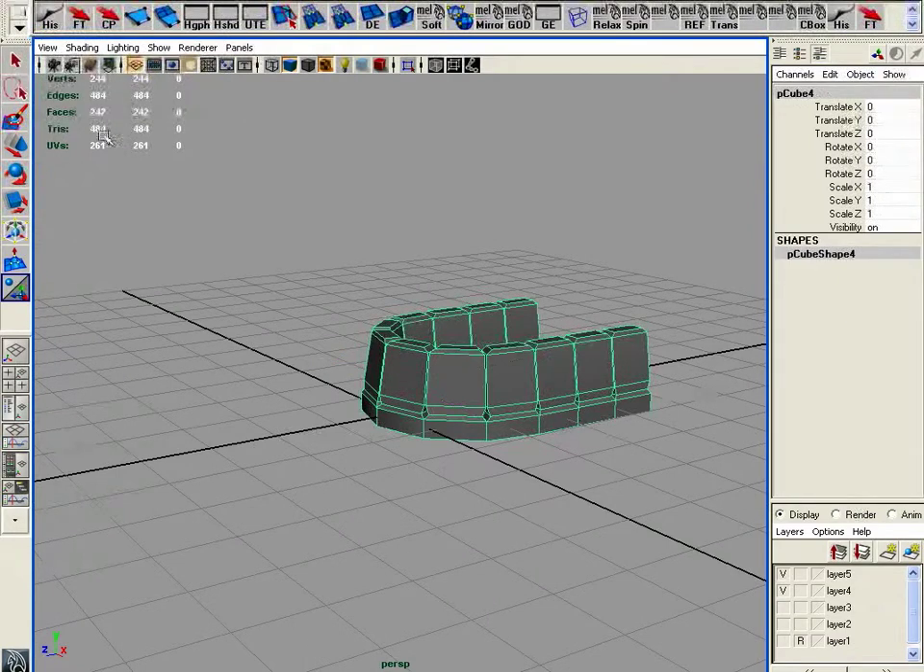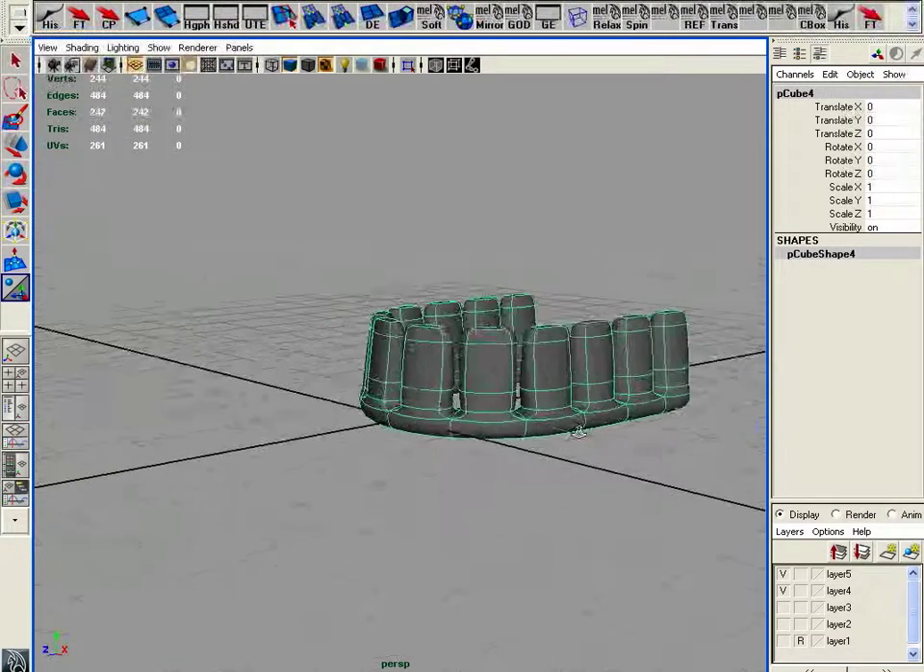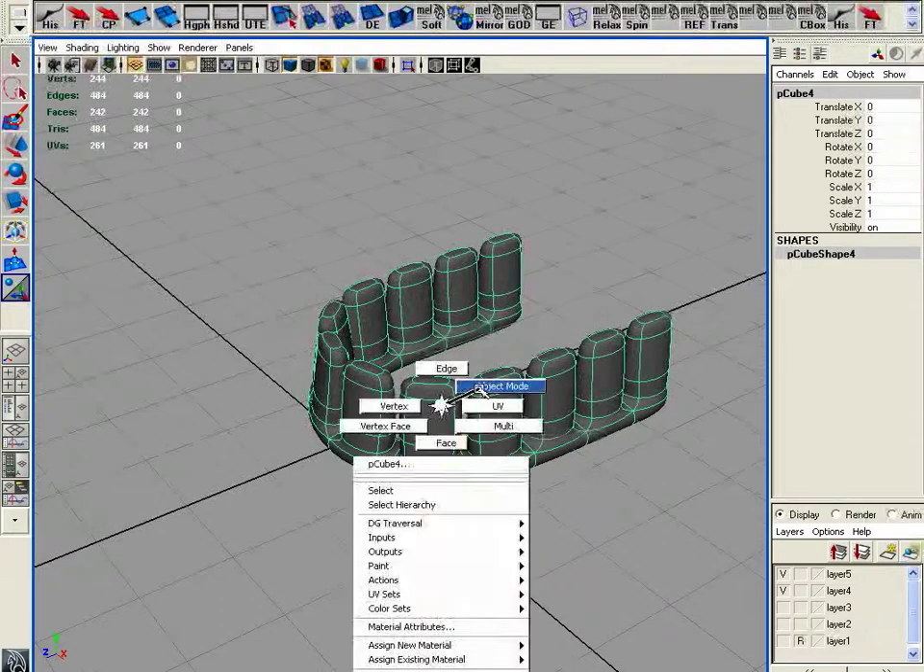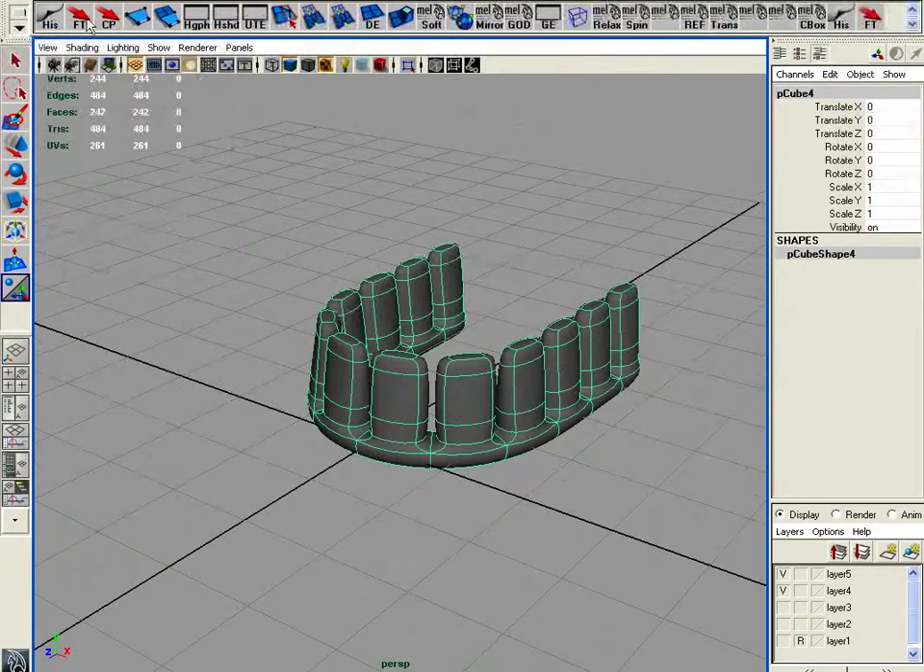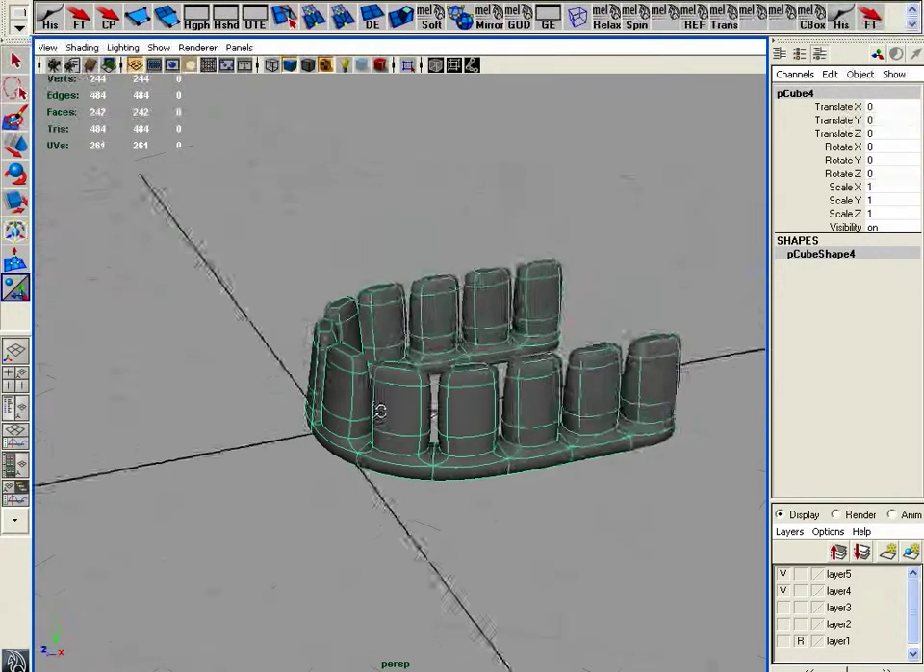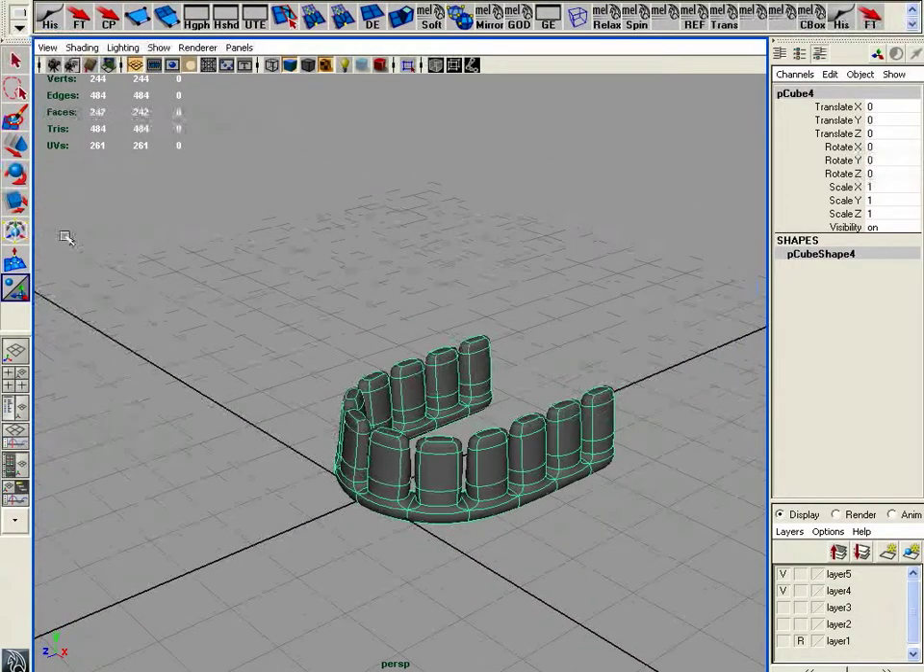And I'm just going to kill the history. If I press 3 right now, I get teeth something like this. I might have to model them, modify them a bit more. Great. Let's kill the history, freeze the transformations,